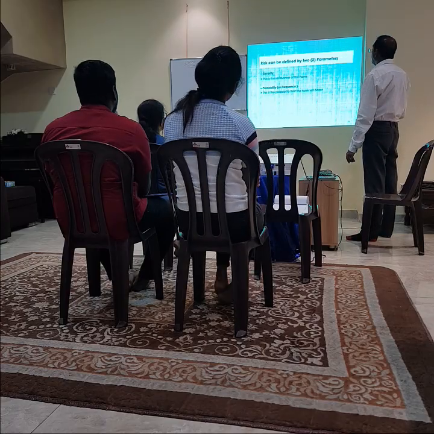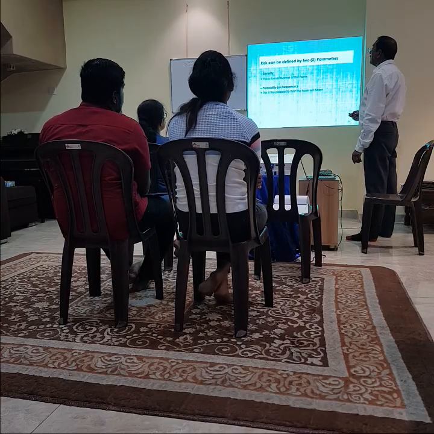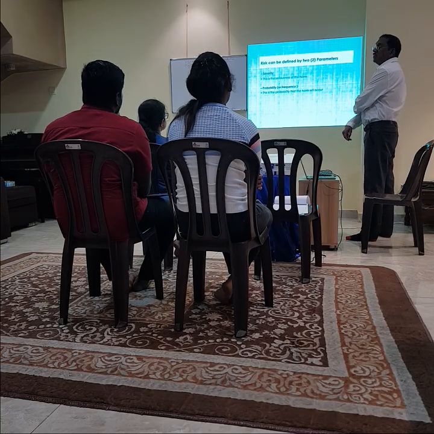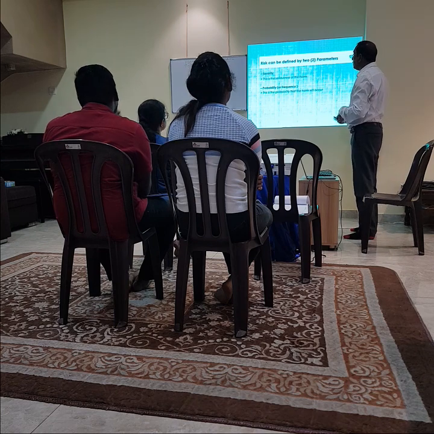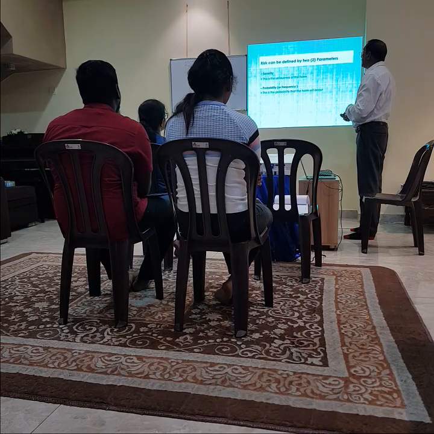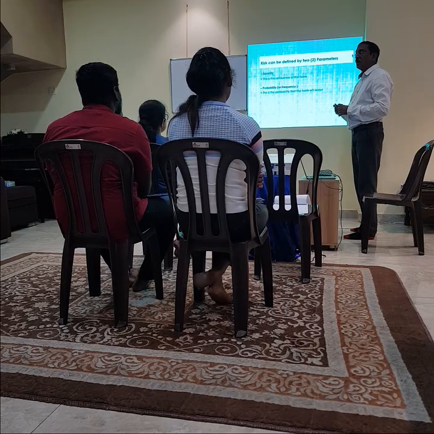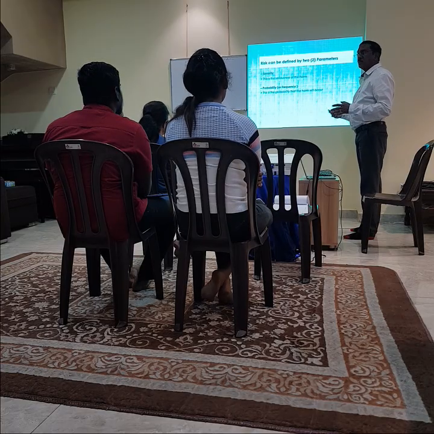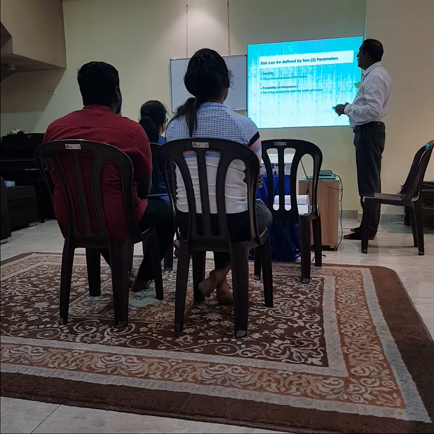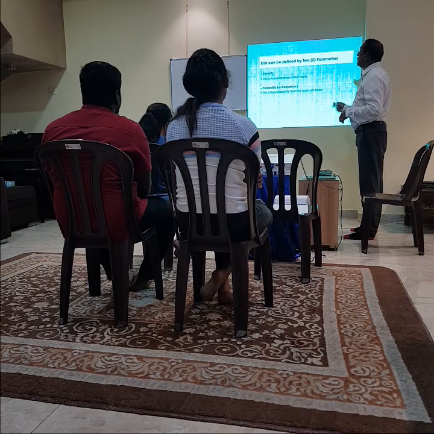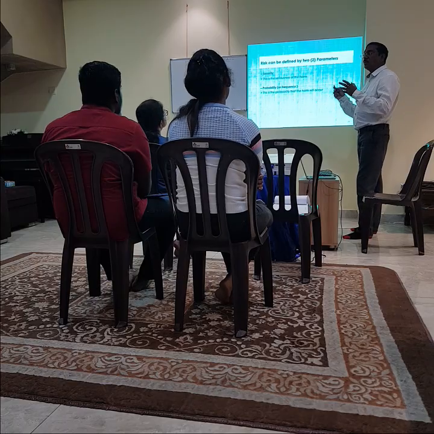Risk can be defined by two terms. One is severity, one is probability. Severity means seriousness, harm, and then probability is frequency. The other term is likelihood. How often can it happen? And this one, how dangerous, how serious, is severity. So severity multiplied by frequency or likelihood, you will get risk.